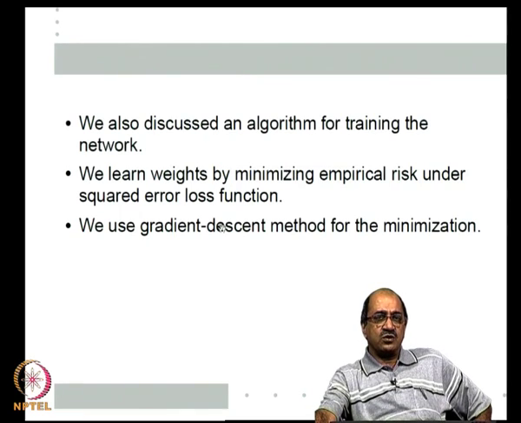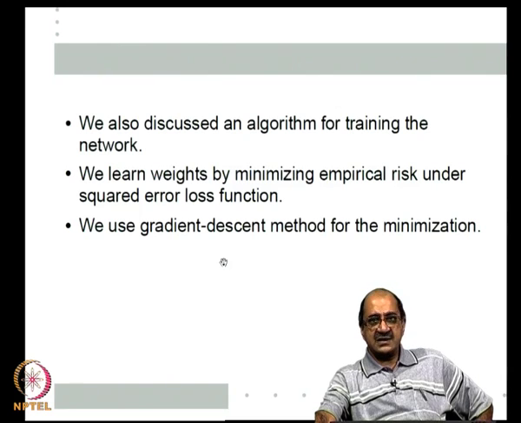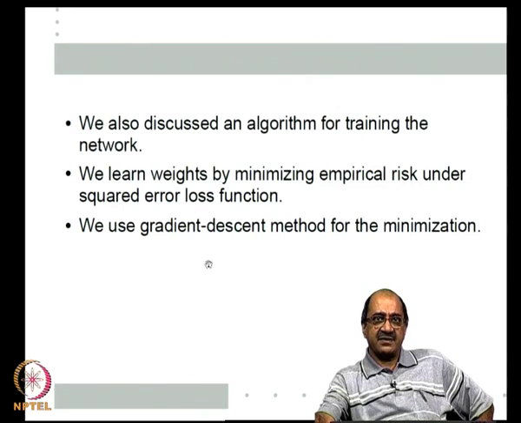and to do the minimization we have chosen the gradient descent method of minimization. Essentially, given the current weights, we find the next weights from the current weights by going down a little bit along the direction of the negative gradient. That is the standard gradient descent method of optimization,